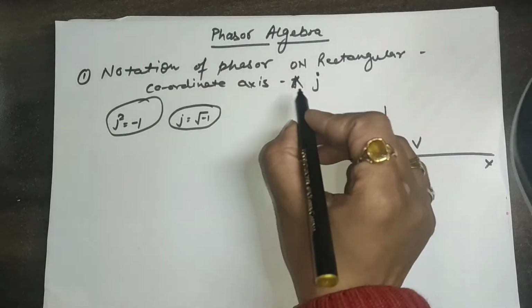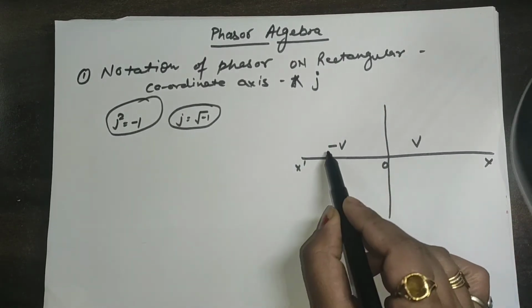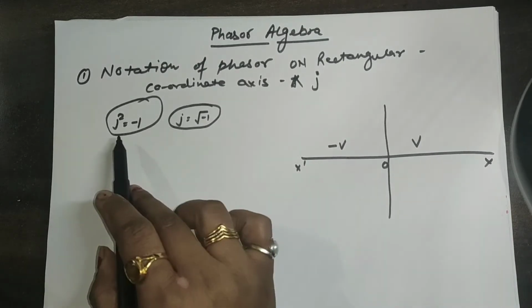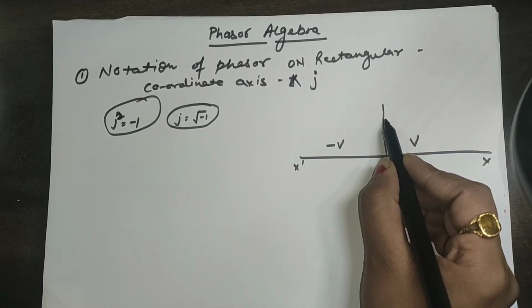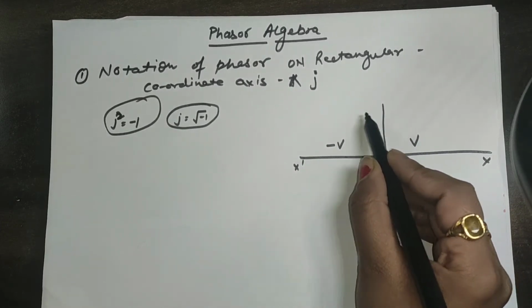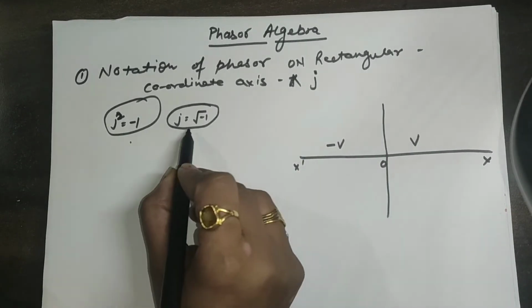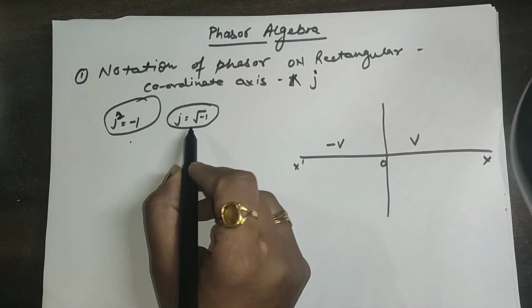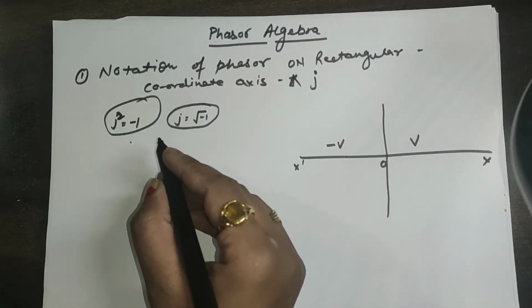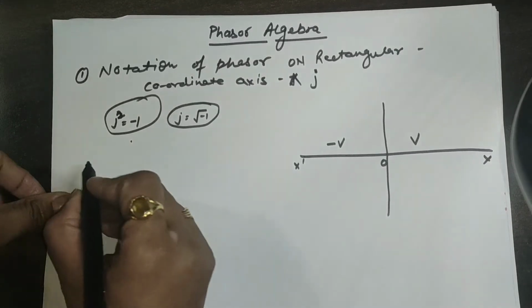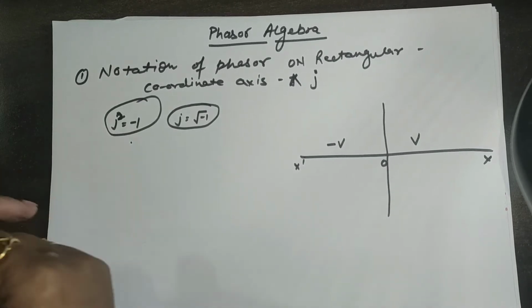So we are taking the j factor which we multiply with the phasor to get the reverse value. j square is -1. So j gives 90 degrees, and again j square will be -1. So from this, j equals the square root of -1. Now, when a phasor is multiplied by j, the phasor is rotated through 90 degrees. From this we get a very important term.